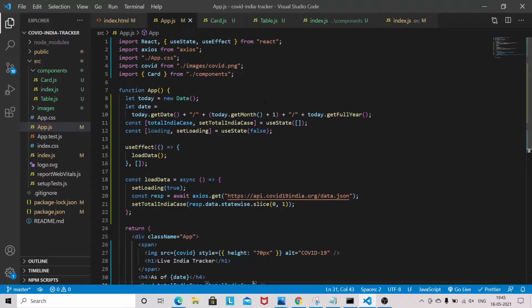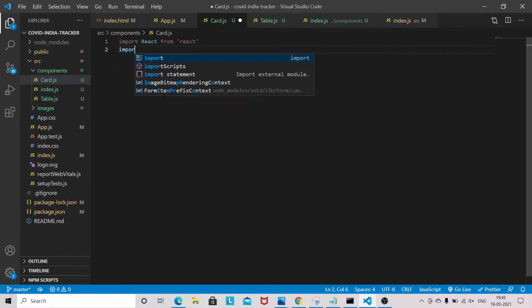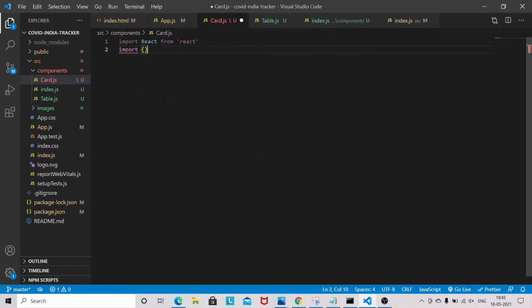so let's start building this card component. So import React, and we need some components from Ant Design.